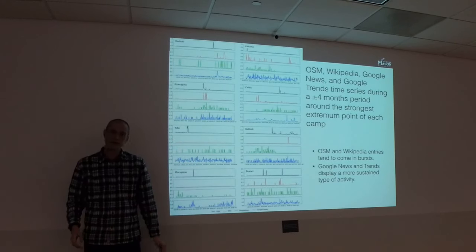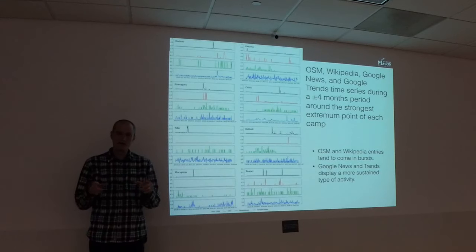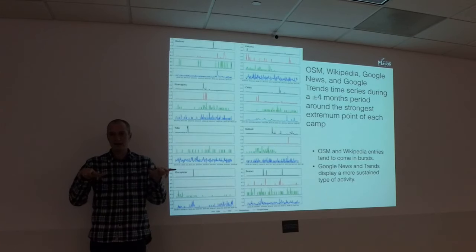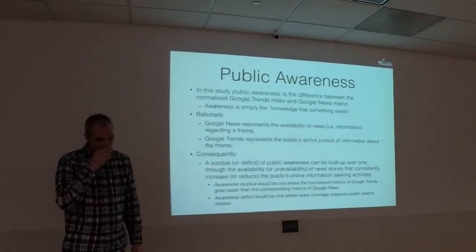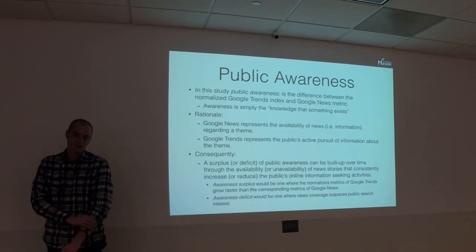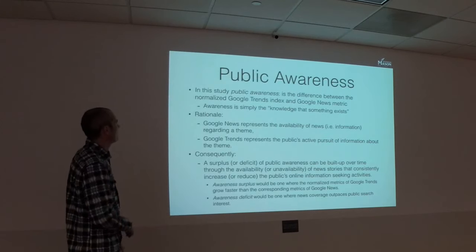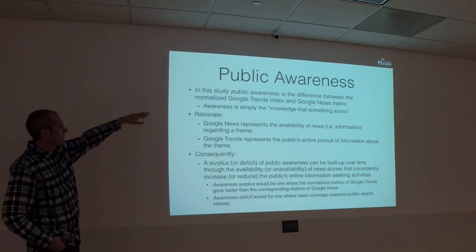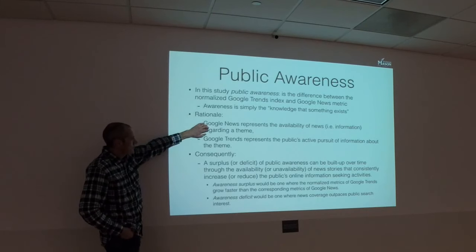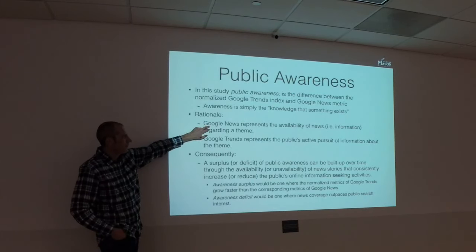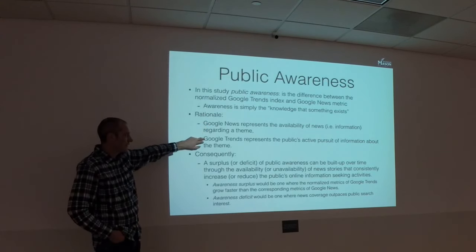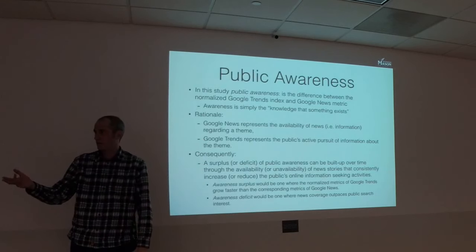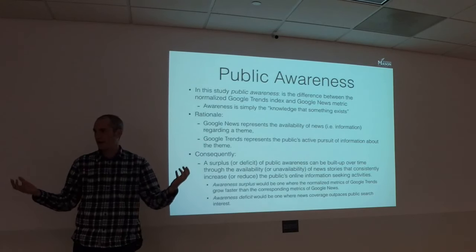Because to create an index in Google Trends, you can only go 4 months one side, on a daily scale, one way or another. So 4 months was our window that we look at here. So what causes this public awareness? It's a wordy slide. The idea is Google News represents the news, Trends is the public's interest. News and interest don't sort of go hand in hand.